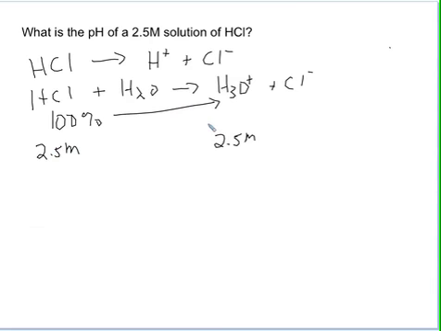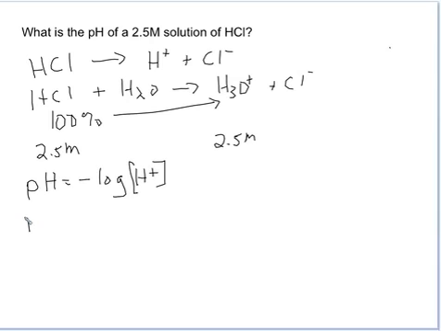That's going to be different, as you're going to see in a later video, when you have a weak acid that doesn't dissociate completely. So then you need to remember that pH is equal to the negative log of the H plus. Well, we know that our H plus is 2.5 molar. A lot of times you'll see brackets around this, because that stands for the concentration of